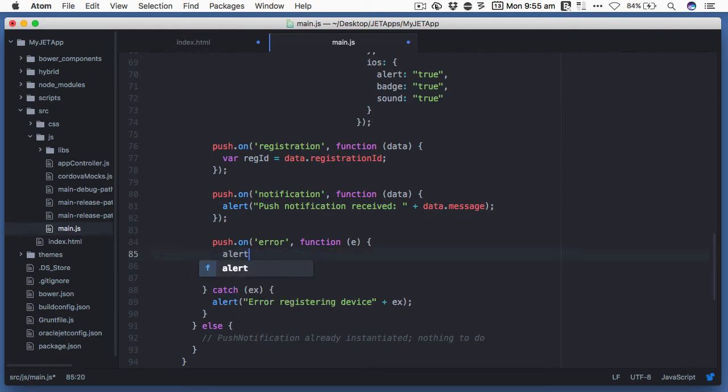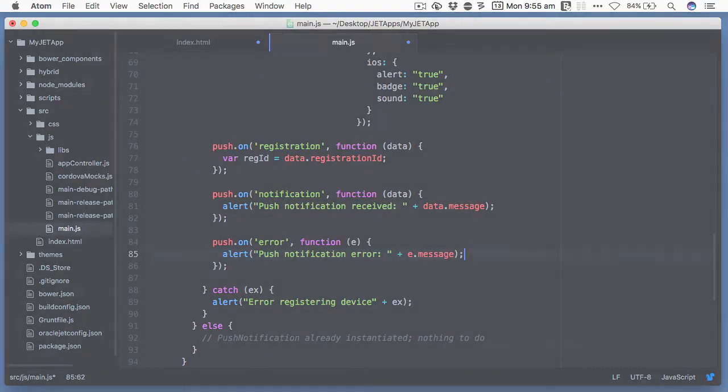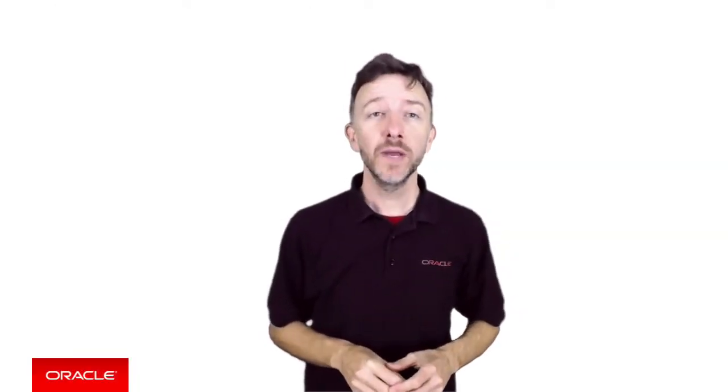Finally, the error event and associated callback is for any errors detected by the push notification plugin. Here too, we could add output, or we could output the message via a simple alert too. So by configuring the push notification plugin in our app, it now has capabilities to register for push notifications and